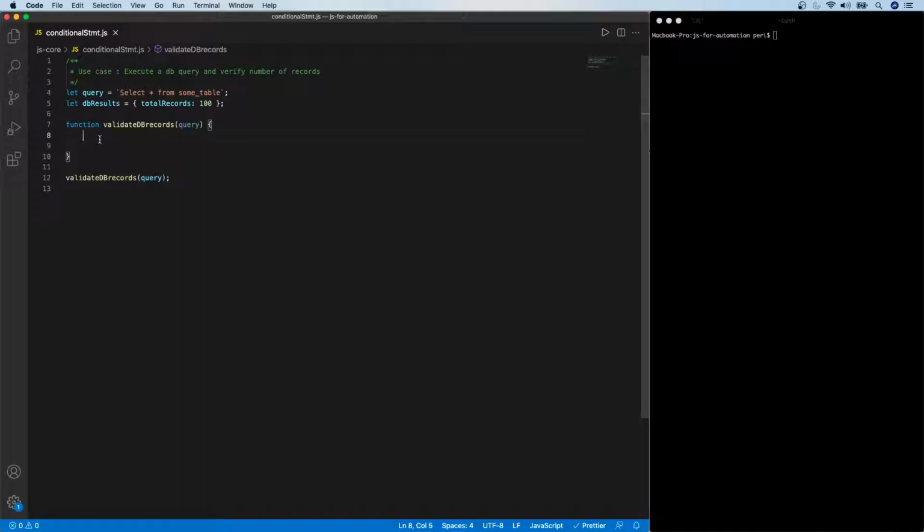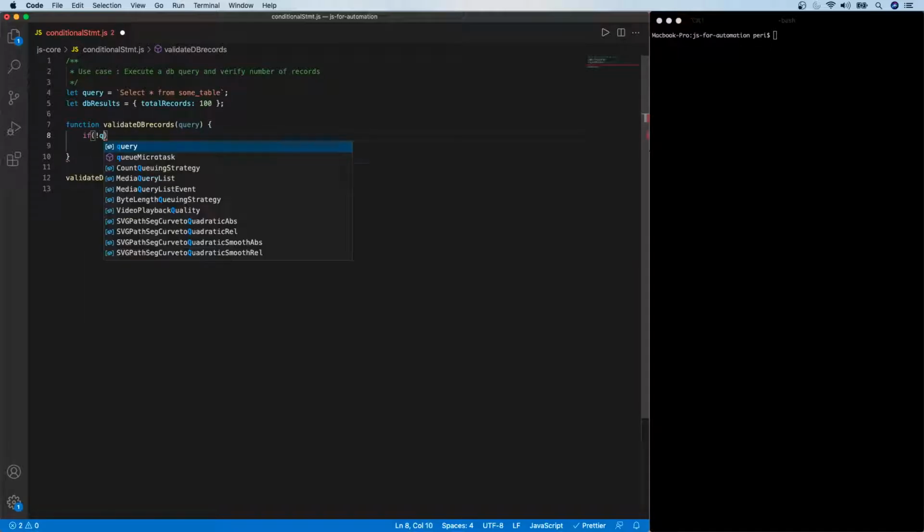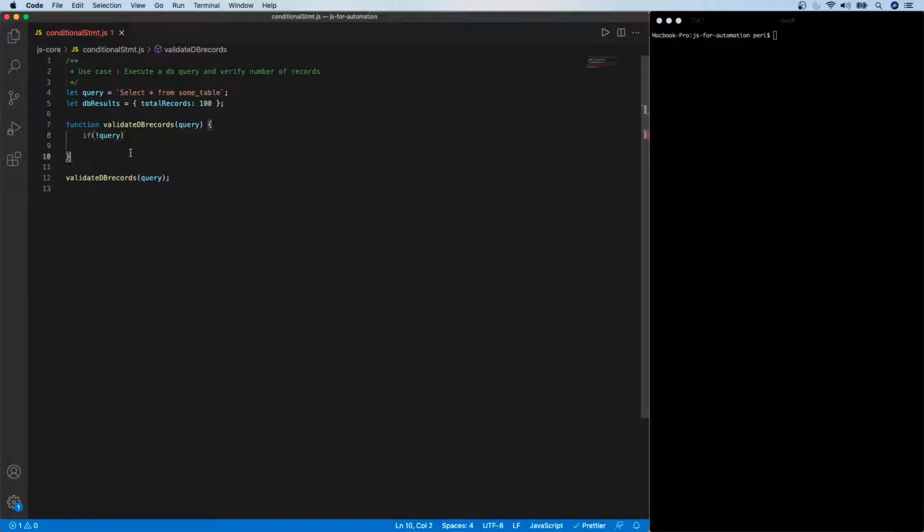So in that case, we will have to throw an error. So that's what we're going to say here. If query, I'm putting a negative condition, meaning that if this query is not true, which means it could be any of the false values, then just throw an error. I'm just using the standard JavaScript error, and then I'm going to say this given query is not valid. This is just an initial check. So this is where we are just using if not, meaning that if the query is not a valid type, then throw this error. That's what the first line is.